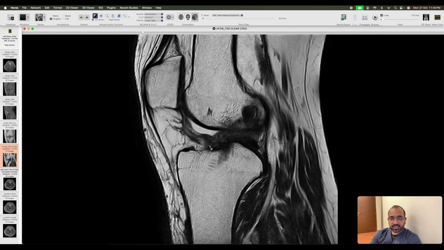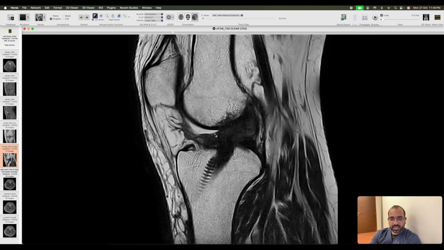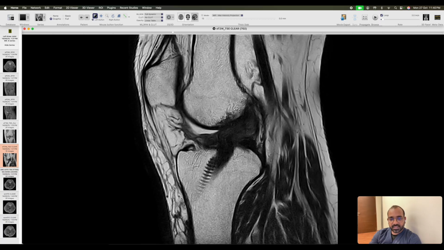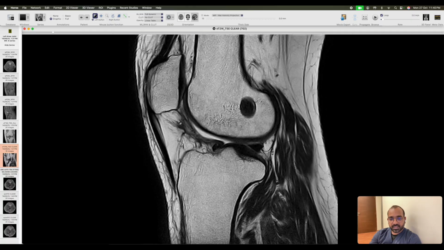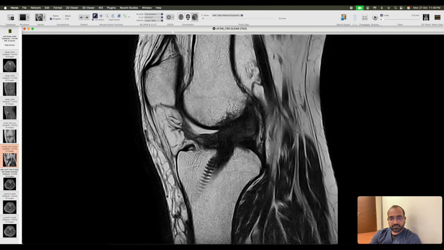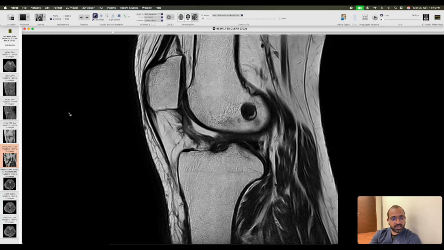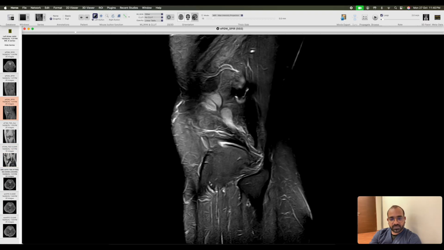Where is it starting from? It starts from the anterior aspect of the ACL graft and tibial tunnel. From here, it is extending anteriorly and causing fibrosis. That is the anterior interval fibrosis, a diffuse form of